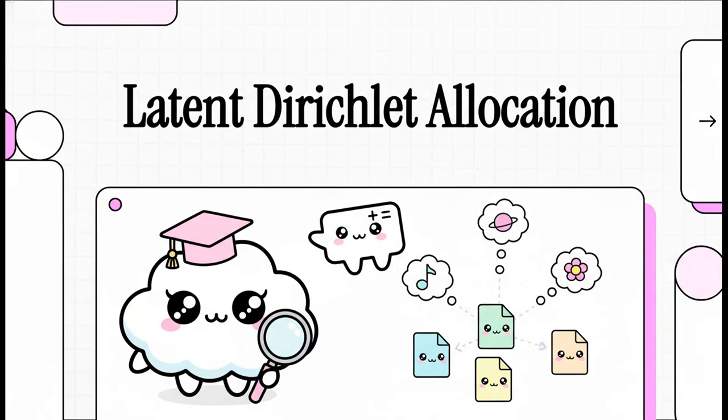Hey everyone, and welcome. Today we are going to tackle a super powerful tool with, let's be honest, a kind of complicated name: Latent Dirichlet Allocation, or just LDA. You ever wonder how some websites or apps just seem to know what you're into? Well, a lot of the time, the secret sauce is an algorithm just like LDA. It sounds heavy, I know, but I promise, by the end of this, you'll get the simple, really elegant idea